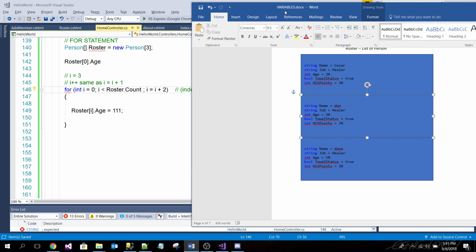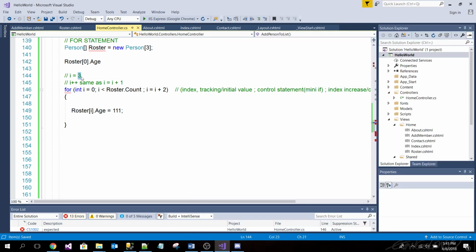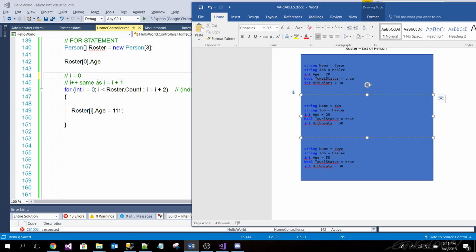I'm going to choose somebody. Dan, hit me. Well, we're starting at 0 here. So starting from 0, I is less than the roster count. Correct. Roster count is 2, right?